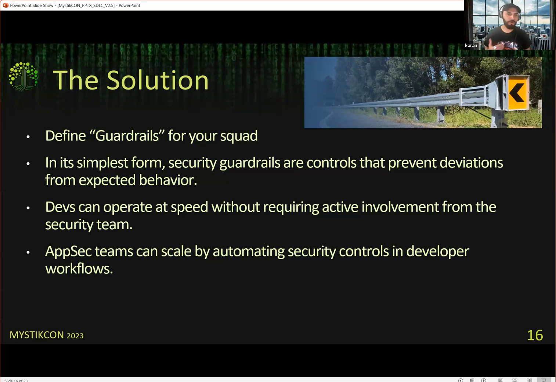That means you're not sitting there reviewing every single release that the teams are making to their products. Now, imagine when you work in an organization that is doing 20, 30 releases per day. How many security resources do you have which can actually manually check those releases and ensure that there are no security vulnerabilities or additional risks that those releases would introduce for your organization? Therefore, it is super important that the guardrails that you define are automated.